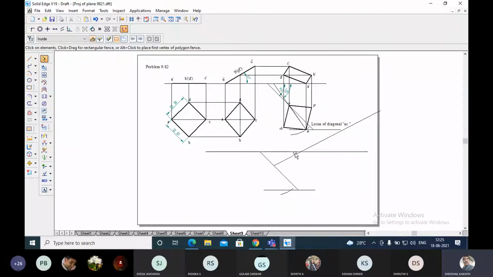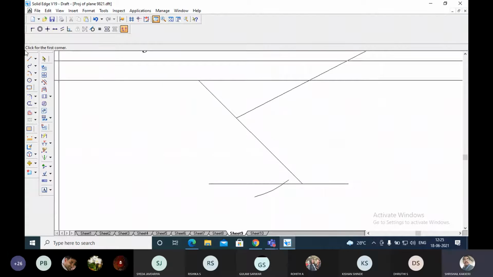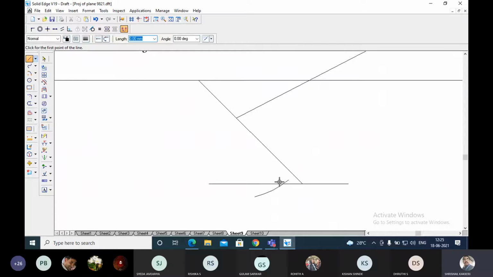Now, after this, you draw the line from the intersection of these two to the end of this one. Now this line job is over, or you can keep the line for some time also, no problem. Now we extend it, and see whether it is coinciding properly.